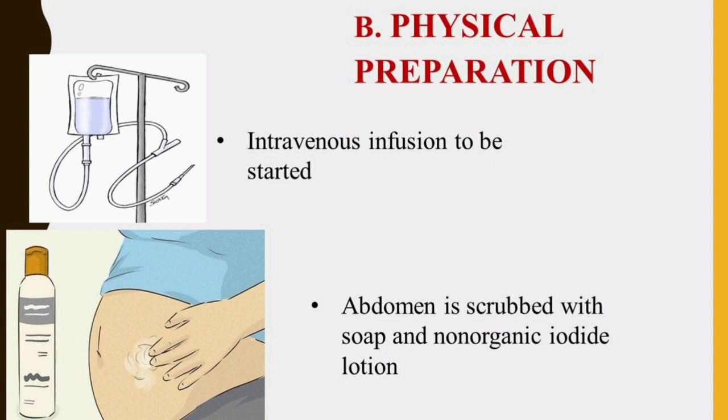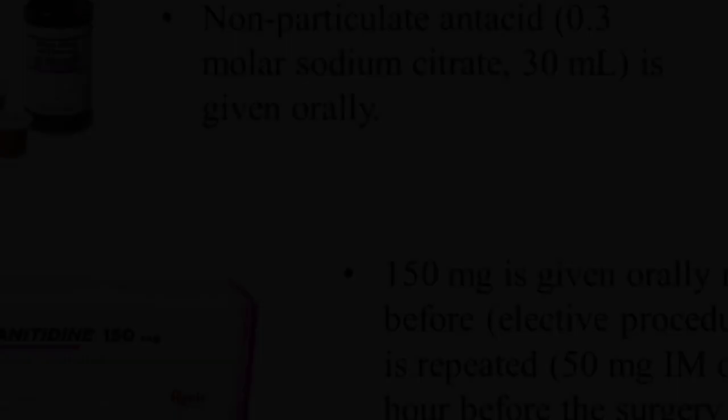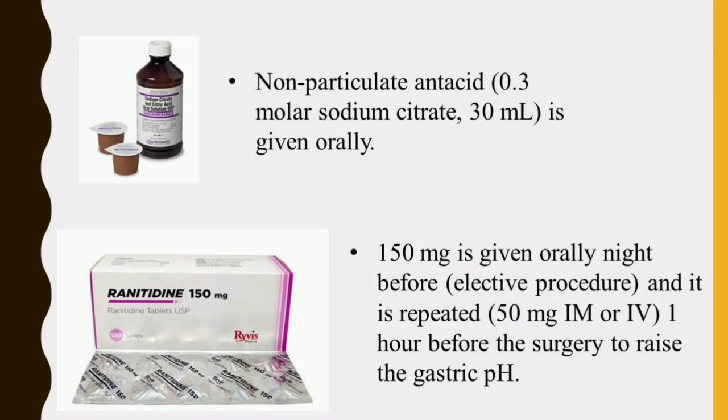The abdomen is to be scrubbed. Next, non-particulate antacid 30 ml or 0.3 molar sodium citrate is given orally. You could also give 150 mg Ranitidine, which is given orally at night before an elective procedure, and it is repeated 50 mg IM or IV 1 hour before the surgery so as to raise the gastric pH